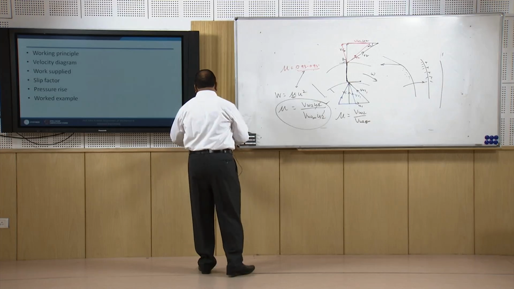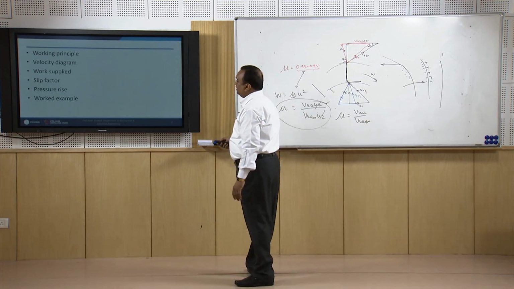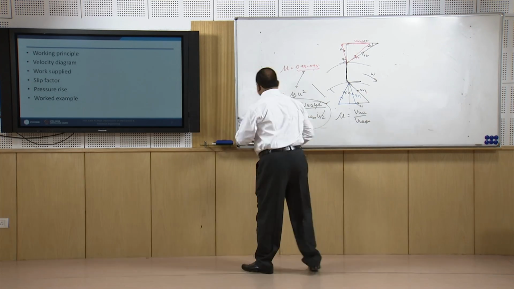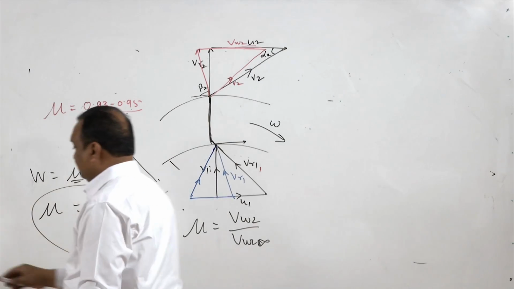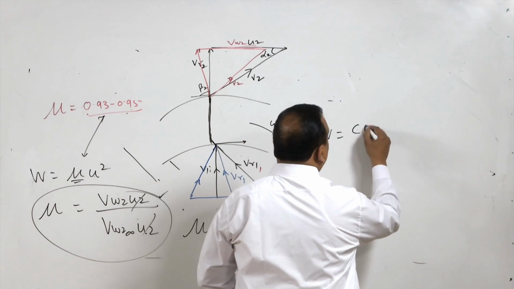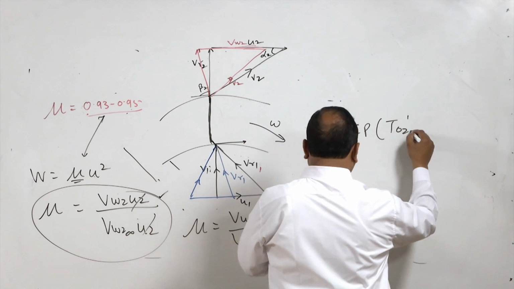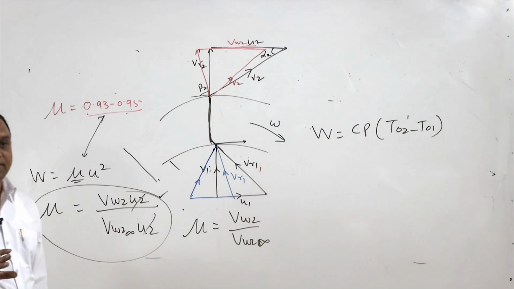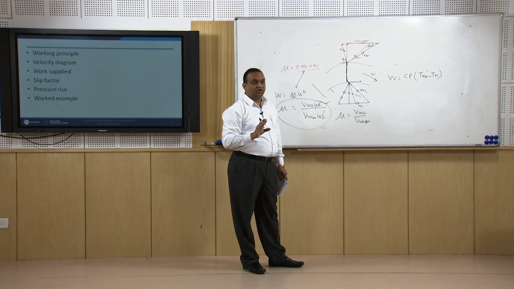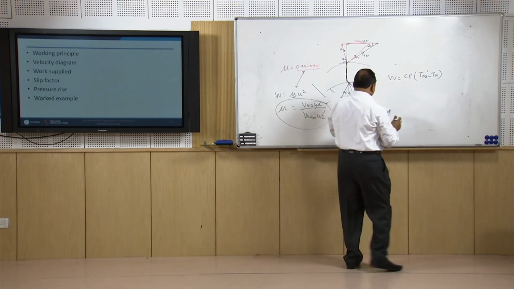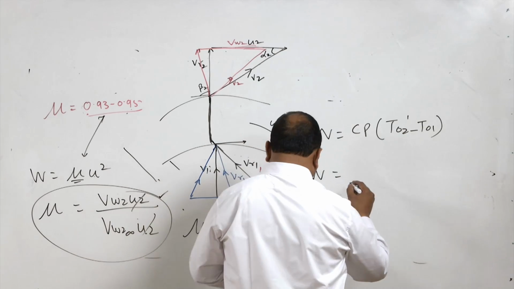Now, after this, we will also calculate the pressure rise in a centrifugal compressor. W, we know that the W is Cp (TO2 dash minus TO1). We are taking stagnation properties in dynamic compressors. Stagnation properties are taken because kinetic energy of the gas is never neglected. So, it is always taken into account, that is why stagnation properties are taken, and the work is also